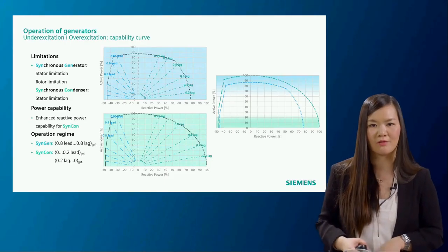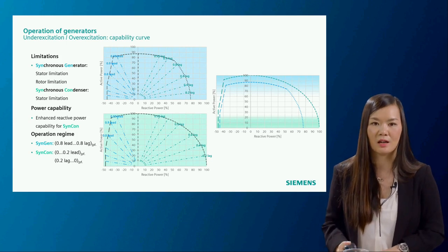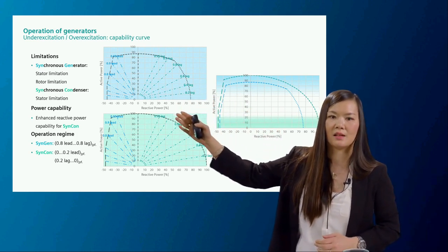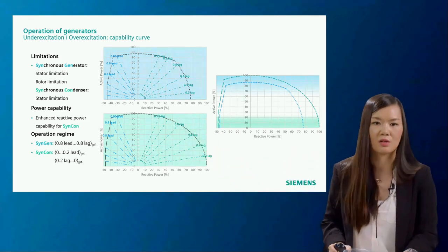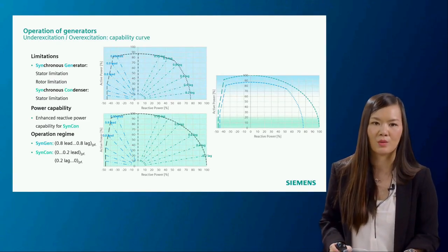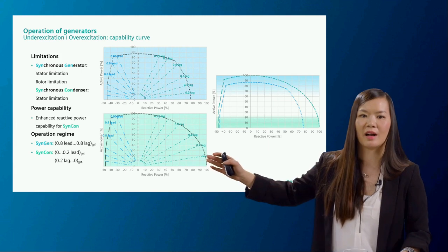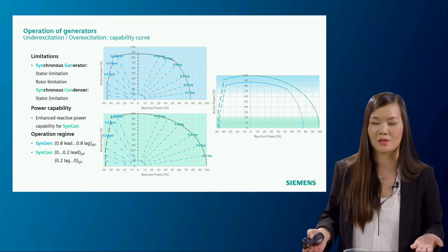Another point with what we have found out is here's a direct comparison in the capability curve of a synchronous generator in the upper hand side, and it's the blue diagram. And in the lower diagram, you can see the capability curve of the synchronous condenser, both of them are in the similar range of power. You can see that the synchronous condenser does cover higher range of reactive power, and I mean that's what the machine is used for,